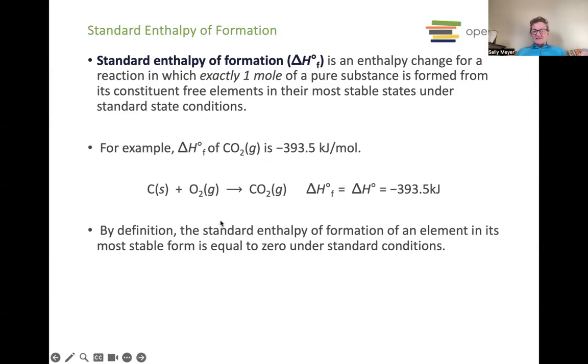And if you found oxygen, it would be the diatomic oxygen molecule in the gaseous phase. And if we're making CO2 gas, this delta H that I got out of the table is the delta H for this reaction. So it's a formation reaction. And so 393.5 kilojoules would be released when 1 mole of CO2 is produced.